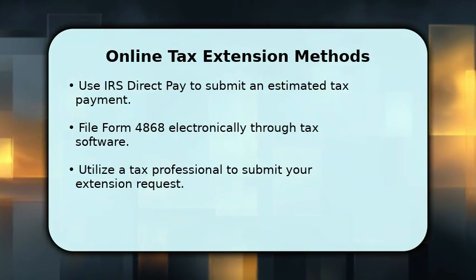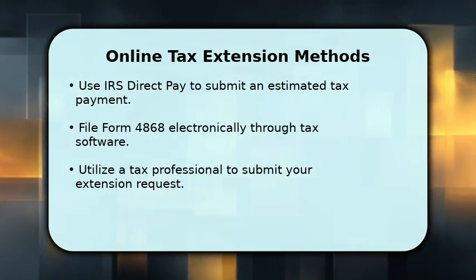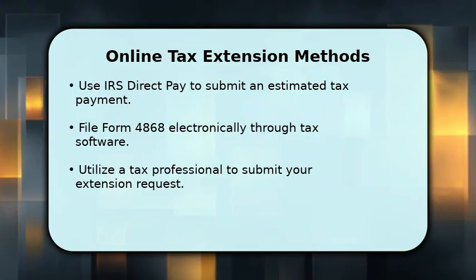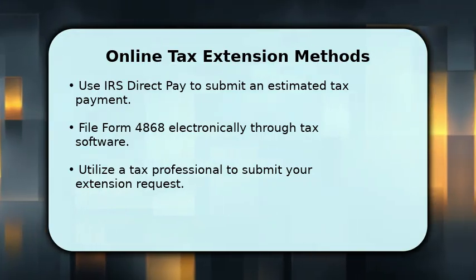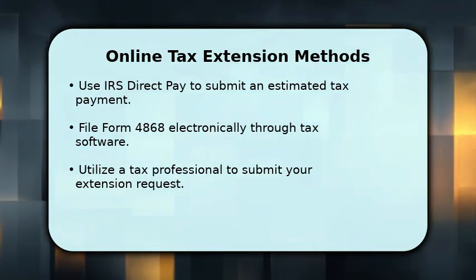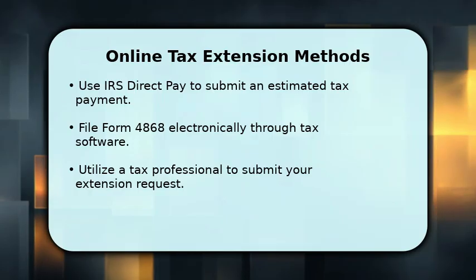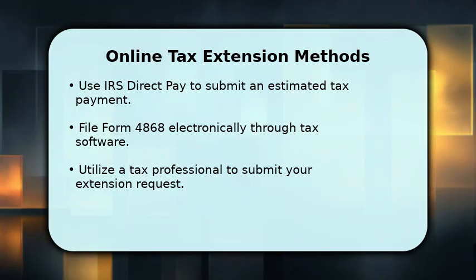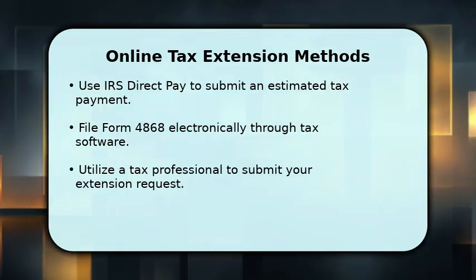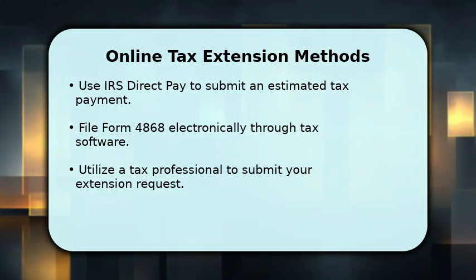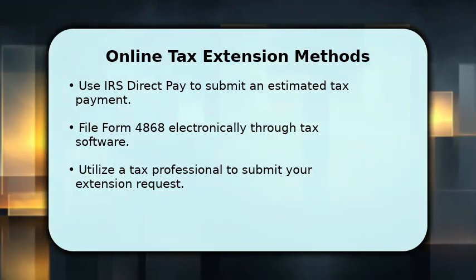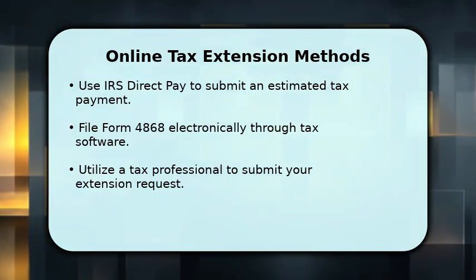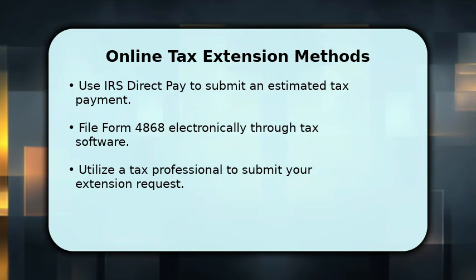There are several convenient ways to file your tax extension online. You can use IRS Direct Pay to make an estimated tax payment, which automatically processes your extension. Alternatively, most tax software programs offer an easy option to e-file Form 4868. If you work with a tax professional, they can also submit the extension on your behalf, ensuring accuracy and compliance